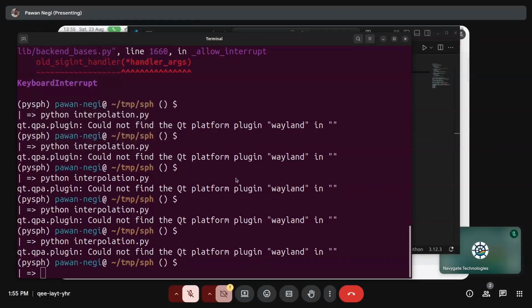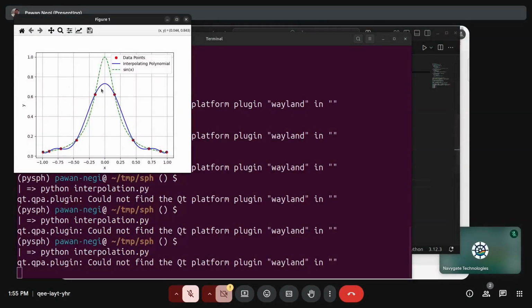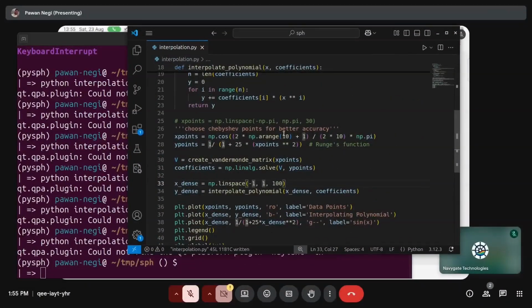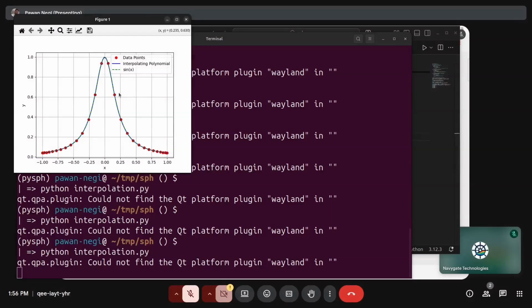Okay, I think the problem is because our interpolation goes beyond -1 to 1. So I'll use -1 to 1 like this and then do it. So you can see the interpolation is better. Now let me change this to 30. Clearly this is again better, and you can see